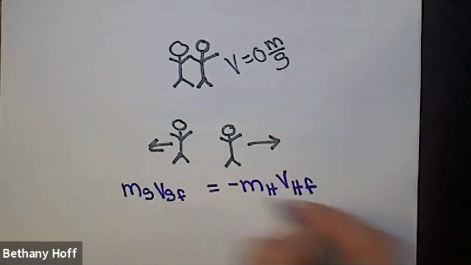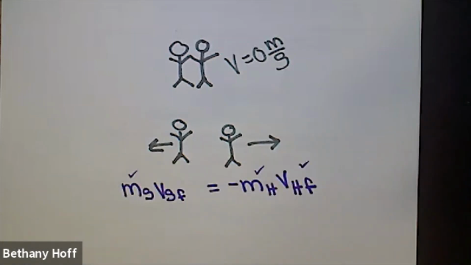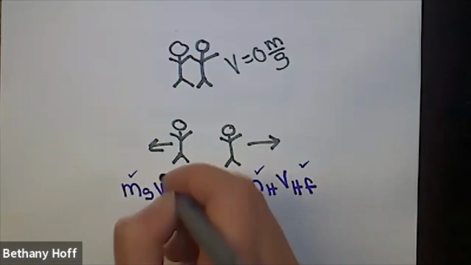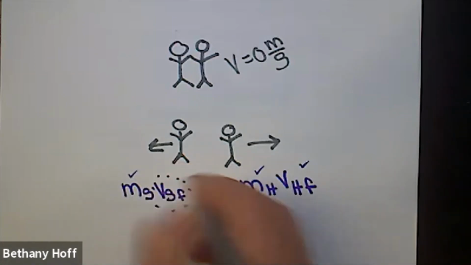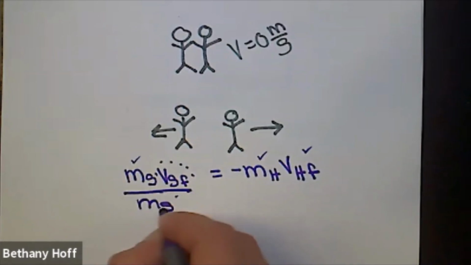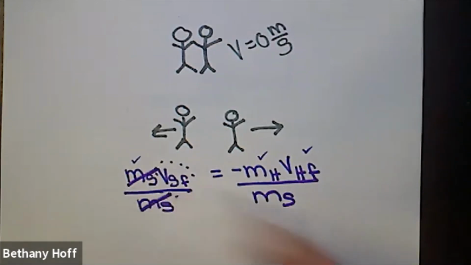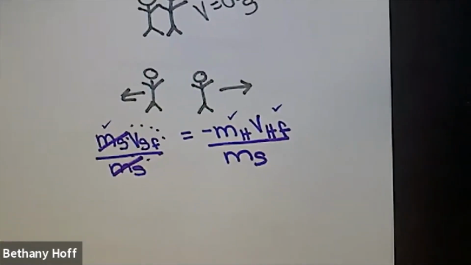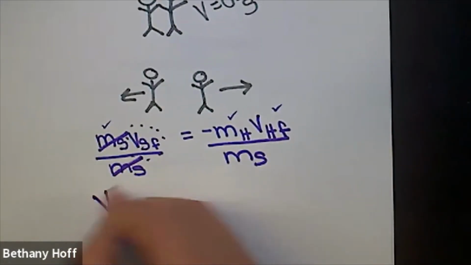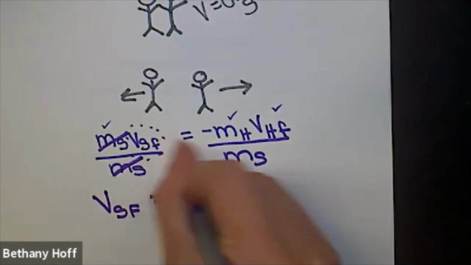We know what their masses are, and we know Helga's velocity. So we're looking for Sven's velocity. We divide both sides by the mass of Sven, and we get our equation. Let's plug in our variables. The velocity of Sven final is equal to negative, don't forget that negative,